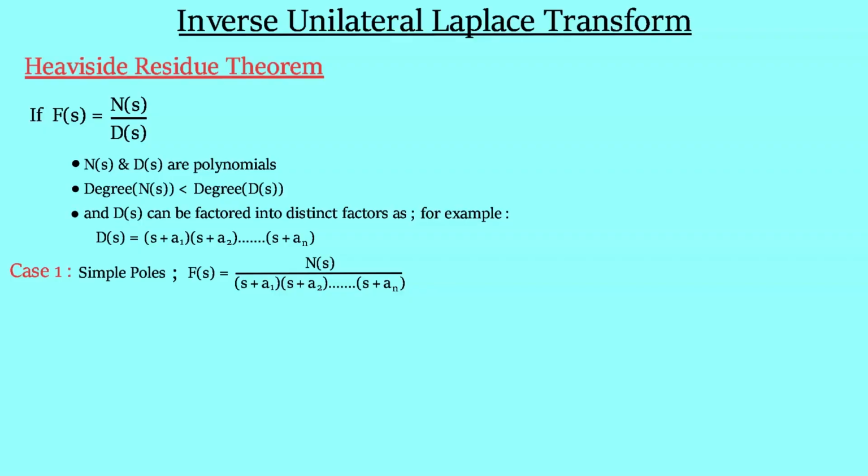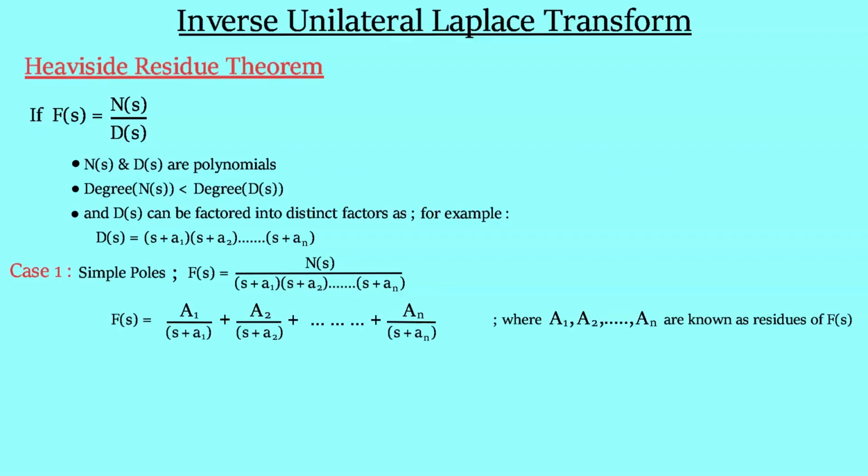In this case, we will separate all the distinct factors and will find the different coefficients a1, a2 and so on. These coefficients a1, a2 etc. are known as residues of the Laplace transform function F(s). As per the theorem, we can find the residues like a1 by multiplying the Laplace transform F(s) with the linear factor of which we are supposed to find the residue, and afterwards putting the value of the linear factor equal to 0, which will give s plus a1 equal to 0,